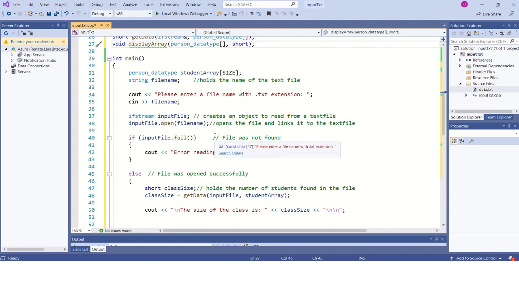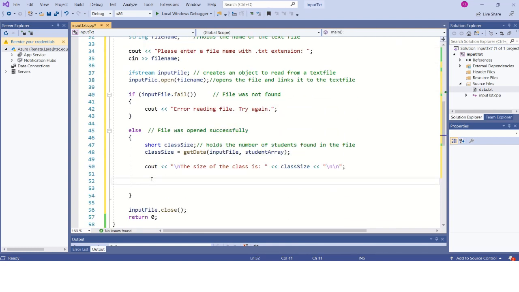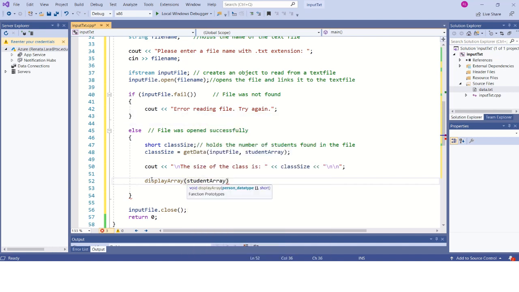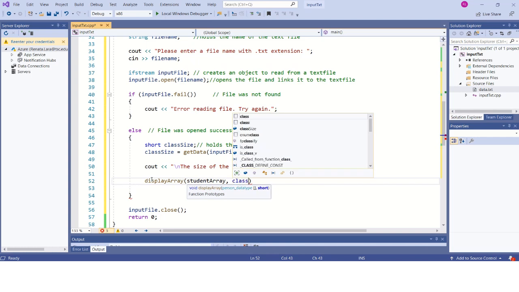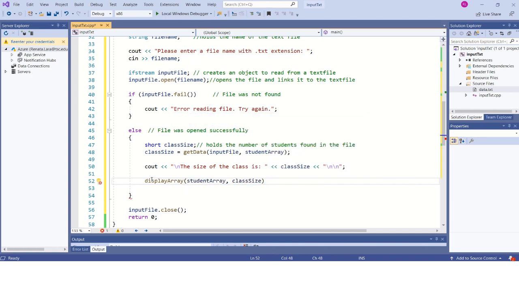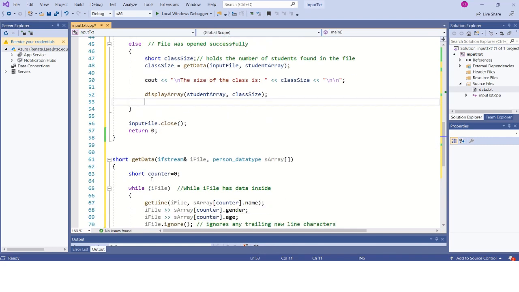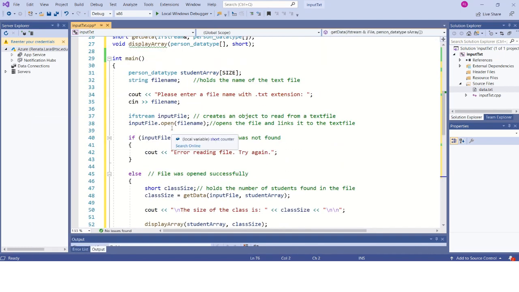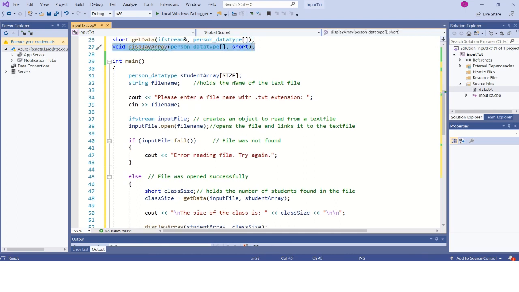All right. So now let's call this, and we're going to say display array, and we're going to pass your student array and that class size, right? So that we know what it is, right? Now I am going to come down here, and I am going to actually declare that function. So let me just go ahead and copy this. Okay,